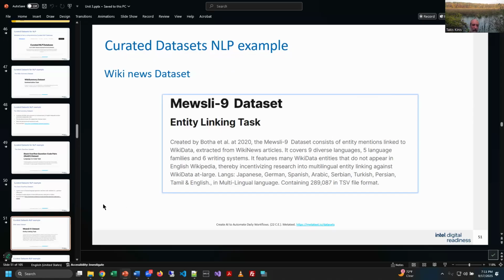There's this one here that focuses on Wikinews articles, right? So if you guys remember, Wikinews is the website that was set up by, what was the guy's name? See if anybody remembers this one, who left the country because the U.S. government was pissed off that he stole all these government secrets and published them on this website, right? Because he felt like the world should know, right? And then he got in trouble for it, and he ran to England, and they protected him. Assange, Julian Assange. Thank you, sir.